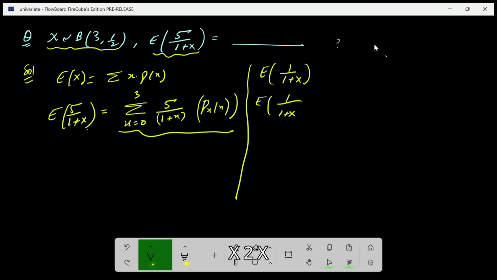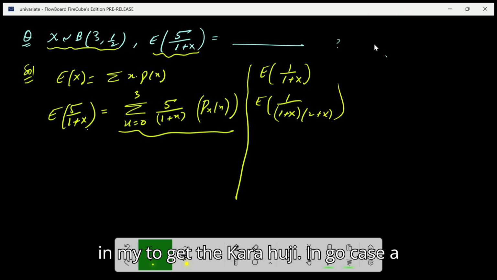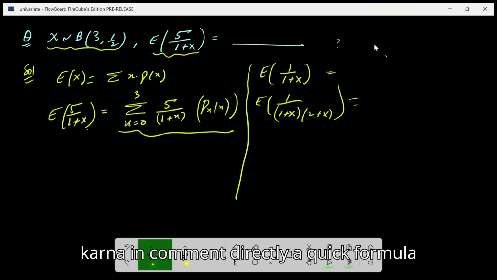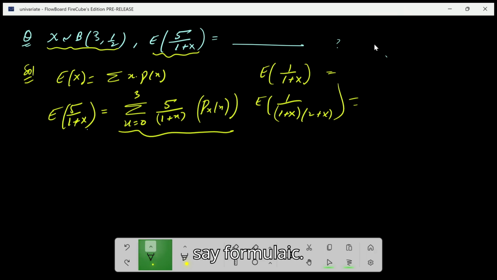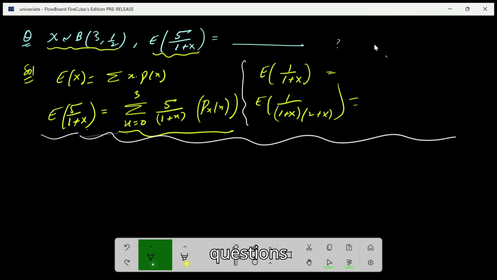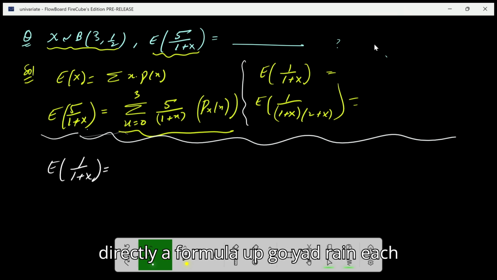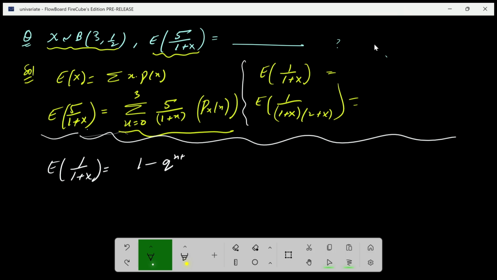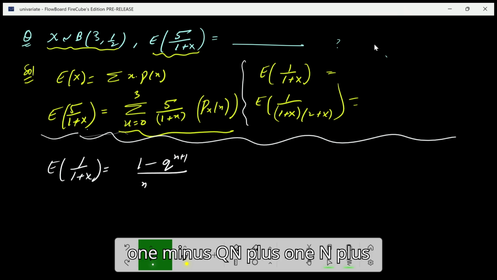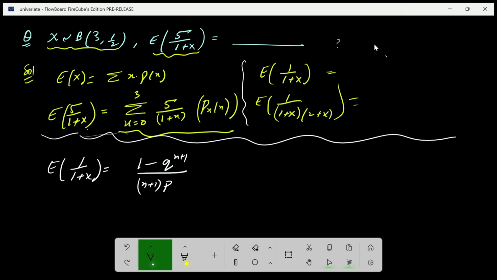(1 प्लस एक्स)(2 प्लस एक्स), इनमें तो गति खराब हो जाएगी। तो इनको कैसे करना है, इनको मैं डायरेक्टली आपको एक फार्मूला बता देता हूँ, देन उस फार्मूला से आप इनके बेसिस पे कोई भी क्वेश्चंस कर सकते हो जो डिनोमिनेटर में ऐसे रहेंगे। तो से जब भी हमारे पास एक्सपेक्टेशन ऑफ 1/(1 प्लस एक्स) पूछेंगे ना, तो डायरेक्टली ये फॉर्मूला आपको याद रहनी चाहिए, (1 माइनस q^(n+1))/((n+1)p)।